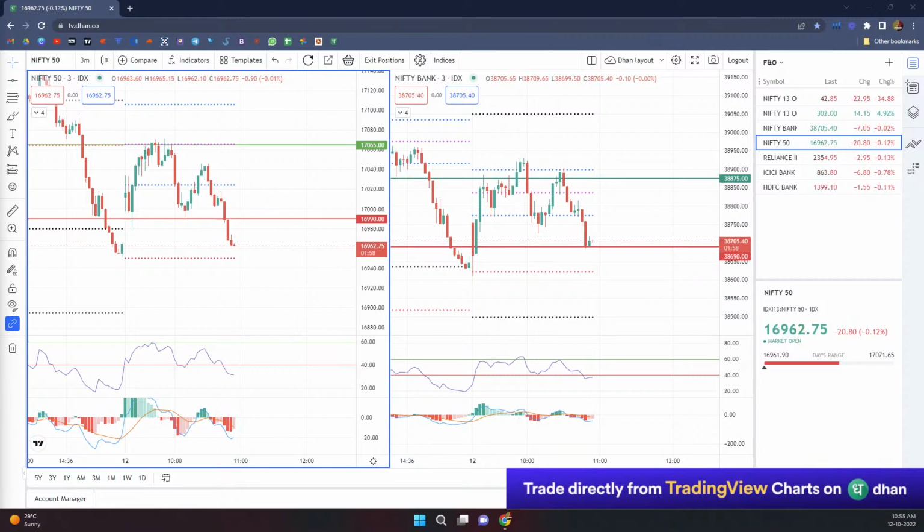And today, what would they have got? Today, again, they would have got a platter. They would have trapped the people who would have gone into the market. Now, what would they have done? This volume of 24 lakhs on long build-up, do you think this will be able to sustain?